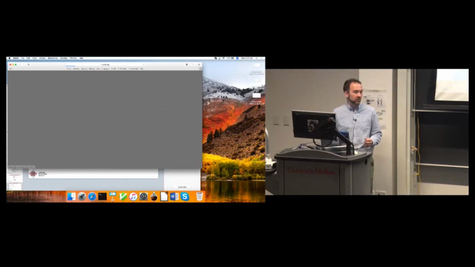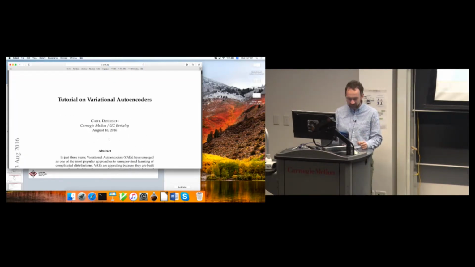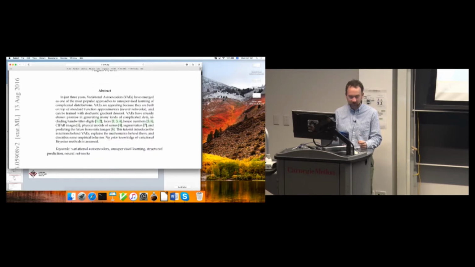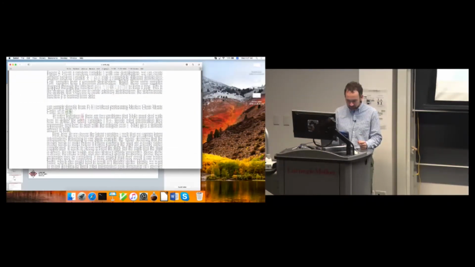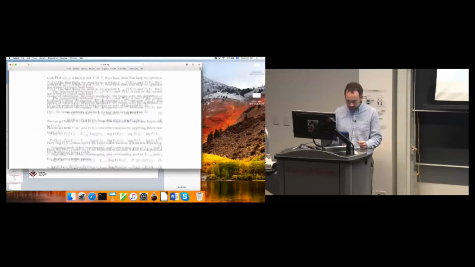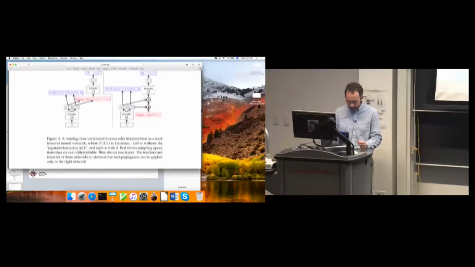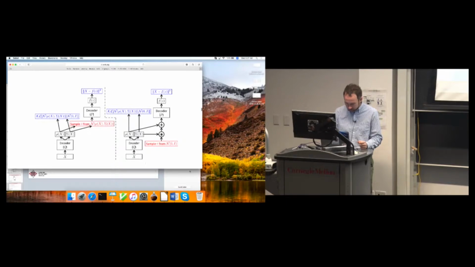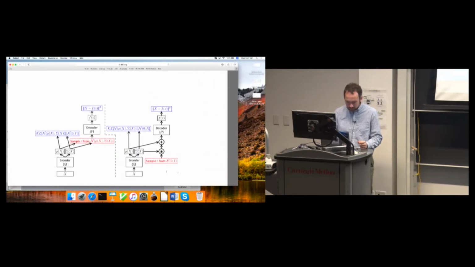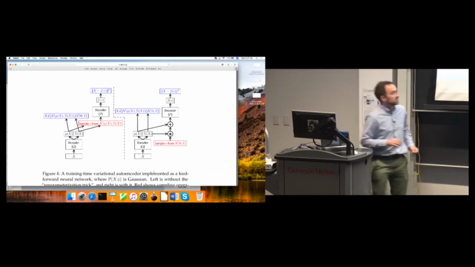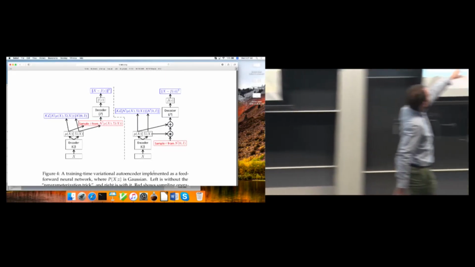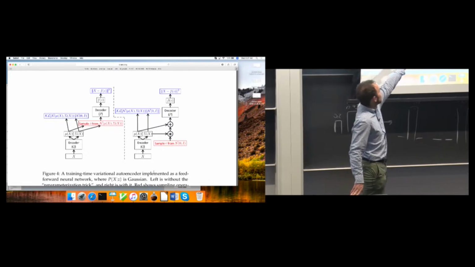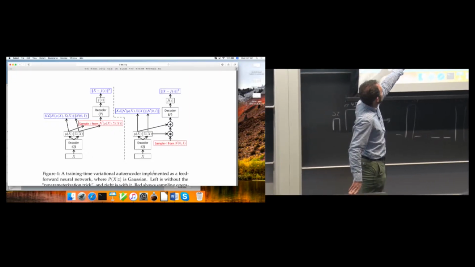this is a very good tutorial, by the way. The original variational autoencoder paper is quite difficult to understand, but this is very, very easy compared to it. So basically what you do instead is, the normal way that you would use a variational autoencoder is on the left, where you would do a sampling operation after you've done your encoder, which is the red box here, and then you would feed that